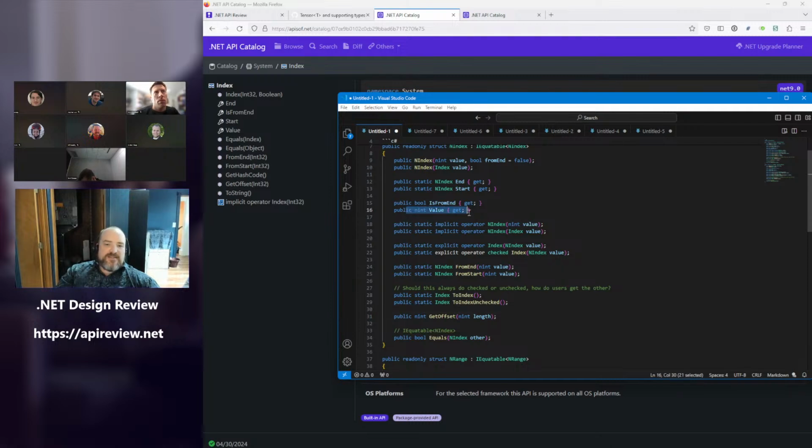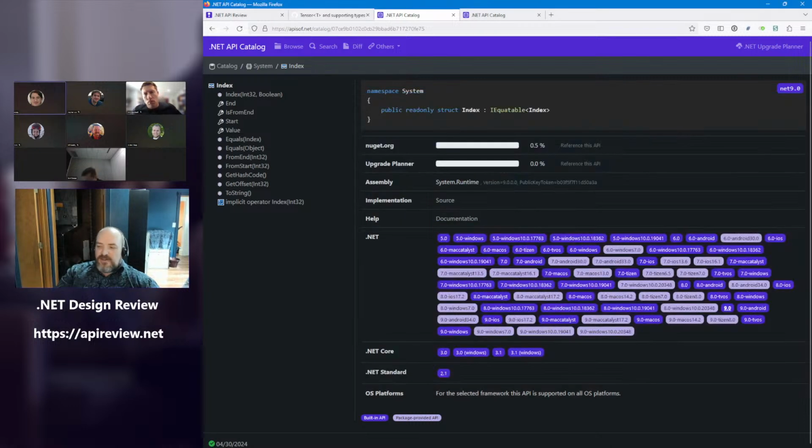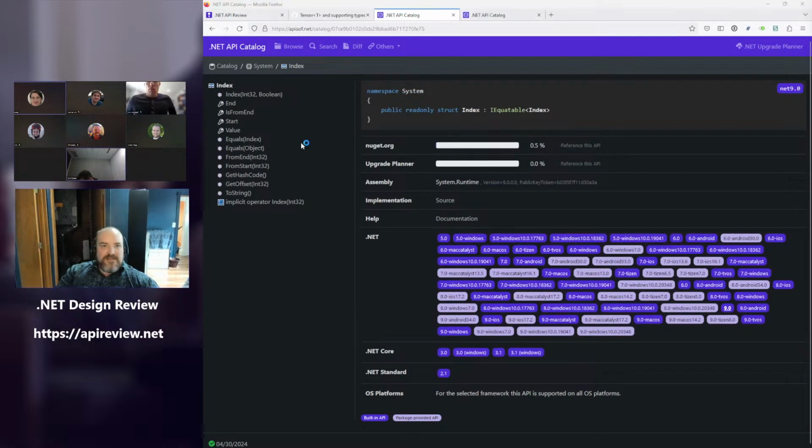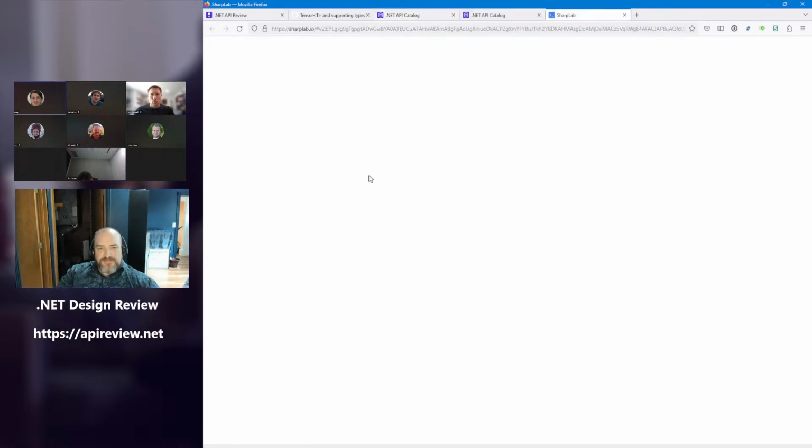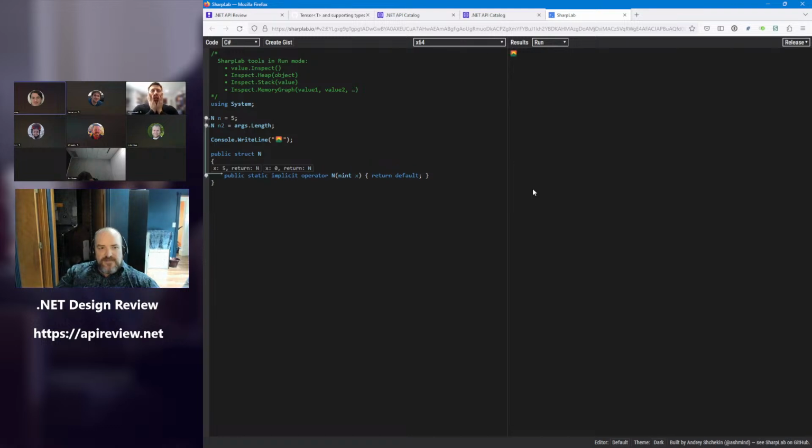Oh, sorry, it's the Value property. Tanner says it does work. Exactly. So it exactly mirrors the shape of Index, but using Nint and with the implicit conversion from System.Index, the constructor that takes System.Index, and the API that converts it back to Index.